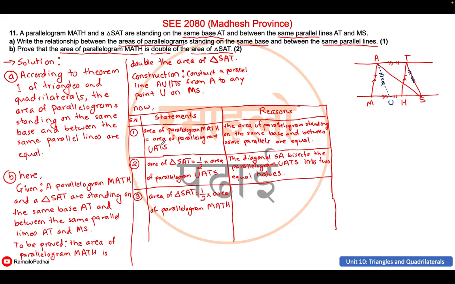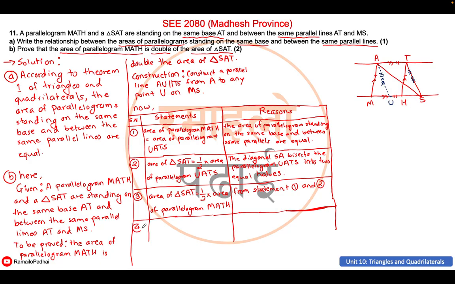Because in statement 1 we have written that the areas of parallelograms MATH and UATS are the same, so we replace the area of parallelogram UATS with area of parallelogram MATH, from statements 1 and 2. Now we need to prove that the area of parallelogram is double the area of triangle, so we multiply both sides by 2,